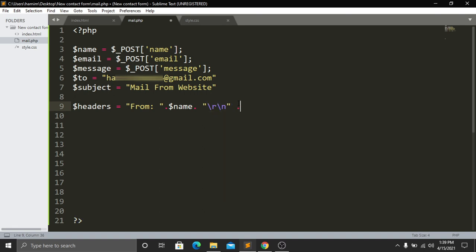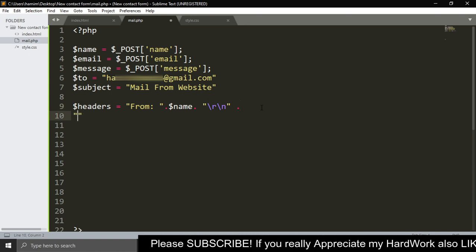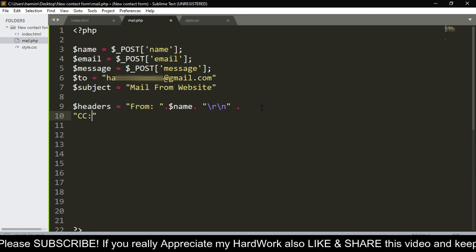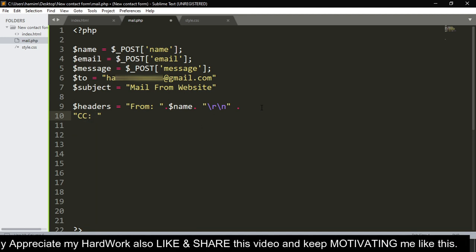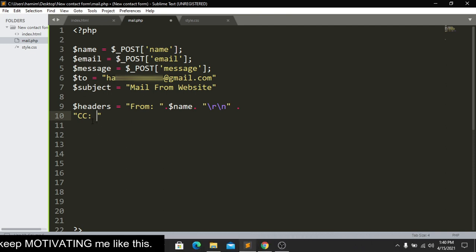That's it. And then here you can do another thing. If you have a website, then you must have a mail address also. If a user sends me a message into my Gmail, I want to send an exact copy of the message into another mail or another Gmail, so that we can have a copy of this message. So you can add this here. For adding this one, we have to simply type CC, and inside this CC we have to type the email address where we are going to send another copy of the message. In this CC you can write this mail address also.